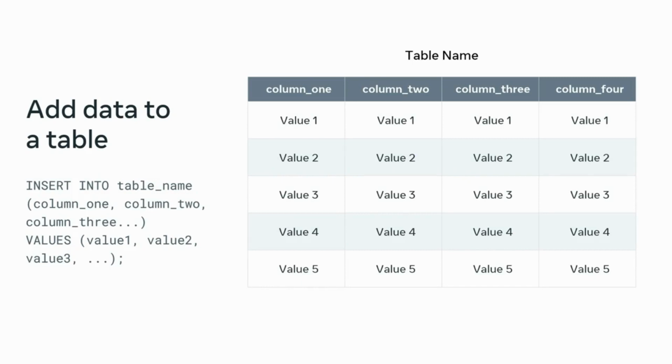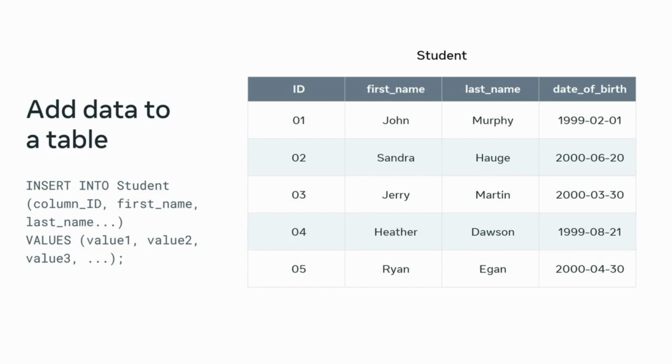I just type insert into, followed by the table name, and then a list of required columns or fields within a pair of parentheses. Then I add the values keyword and specify in order the values for each of the fields. As an example, let's add data to the student table in our college database. I'll use the student table I created earlier and add student data to it by specifying values for each of the following columns: ID, first name, last name, and date of birth,